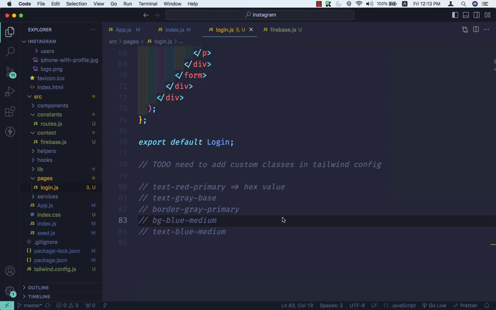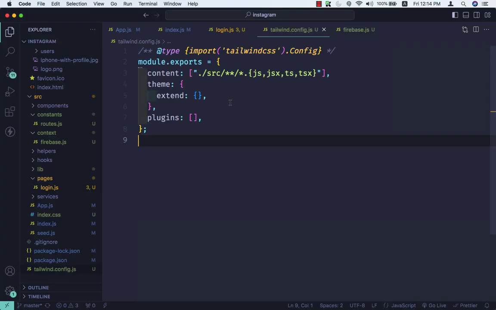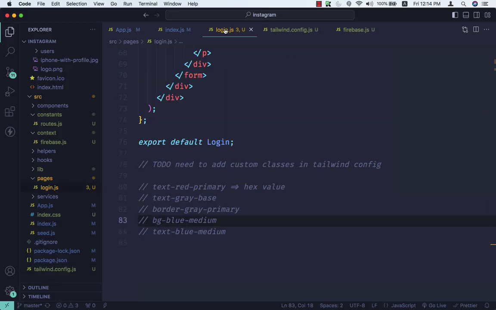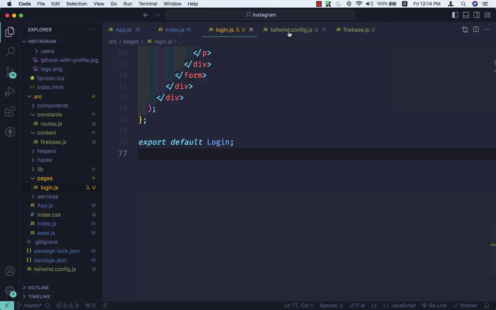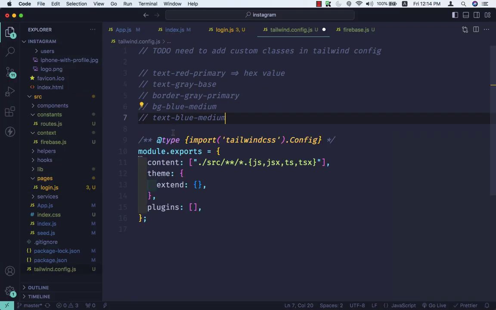Hello friends, welcome back. In this video, we will create these custom classes in our Tailwind config file. So let's open the Tailwind config. So here is our Tailwind config file. Let's go to the login page and I'll cut this out. And here at the top, I'll paste it so that we'll remember what classes we need to